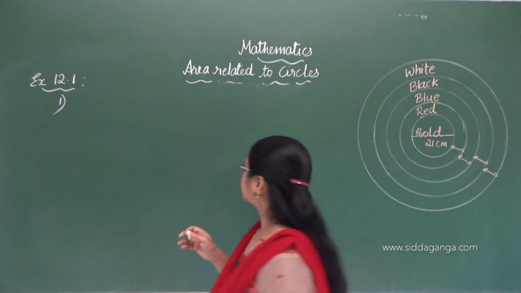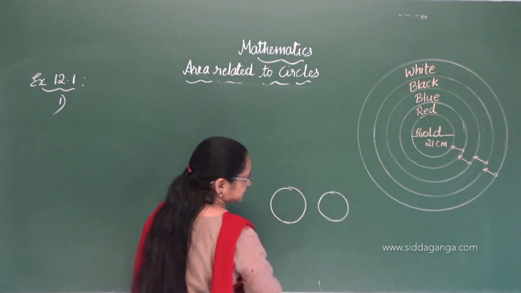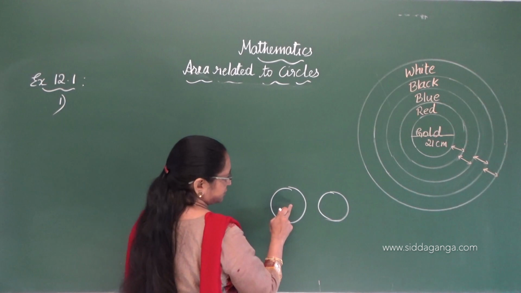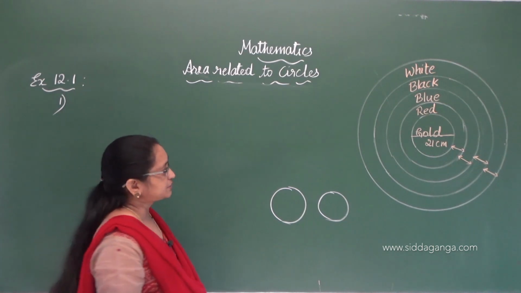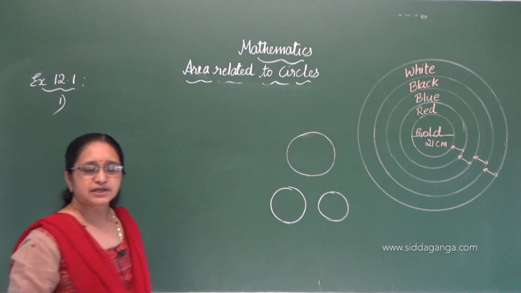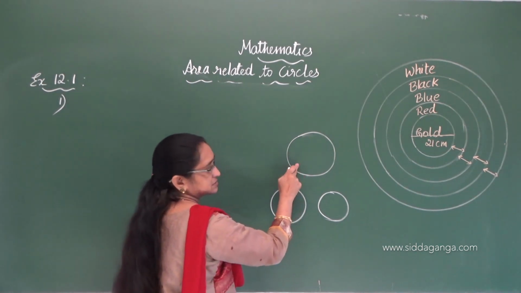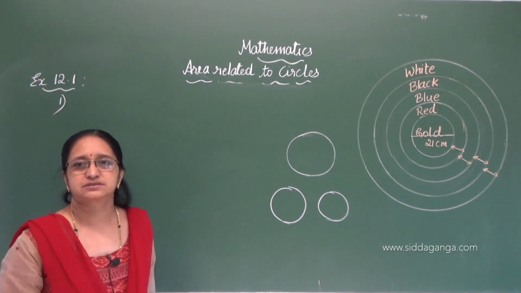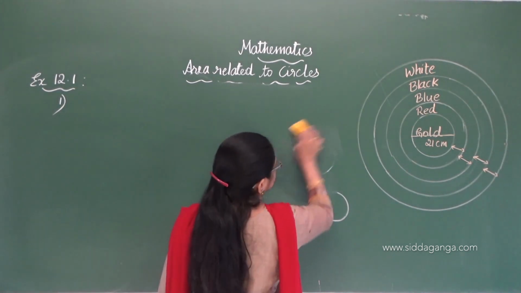I hope you understood. See, there is one circle and another smaller circle. Roughly I am doing the diagram here. The radius of this is 19 centimeter and the radius of the other one is 9 centimeter. And you have to find out the radius of another circle, where the circumference of this required circle will be the sum of these two circumferences. I hope the question is clear. Now let us try to solve it.